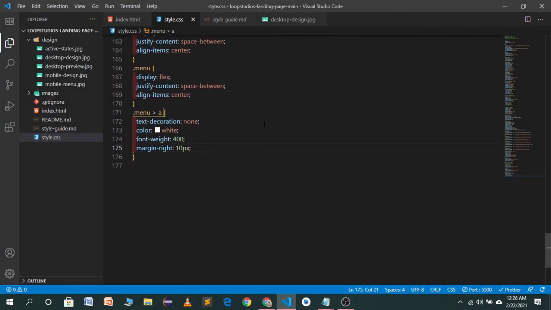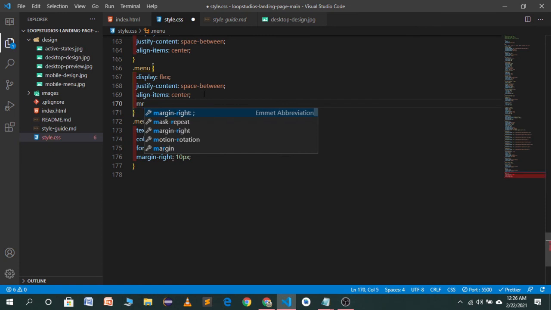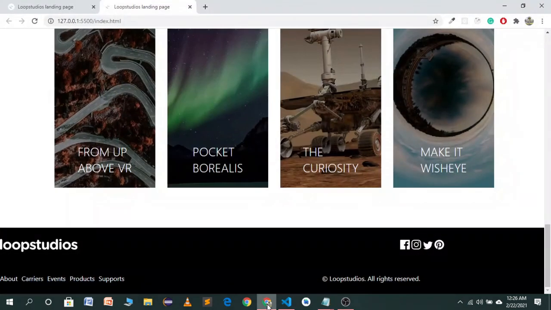So let's give a margin right to our menu. The margin right will be, I think, 30 rem will look good. I hope so. Let's see. Now you will see 30 rem is not looking good.